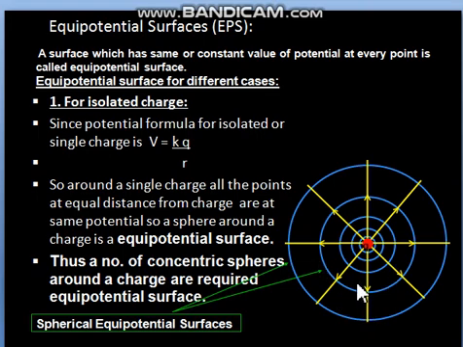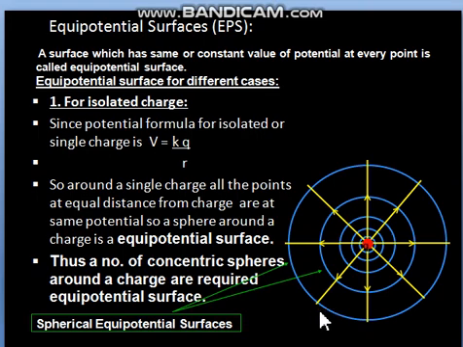Now in the diagram, these spheres which are shown are EPS, and these lines which are shown are electric field lines. You can see that electric field lines are outwards because the given charge is positive. And how to draw electric field line? Let us recall by assuming a unit positive charge. If we assume unit positive charge here, then that unit positive charge will get repelled outwards. That's why the electric field line is outwards everywhere.